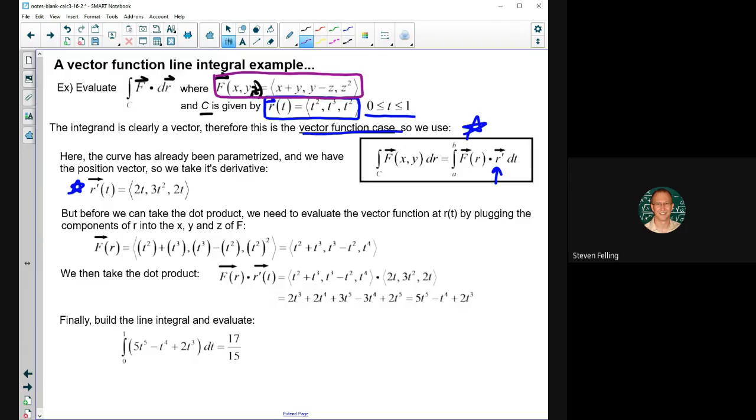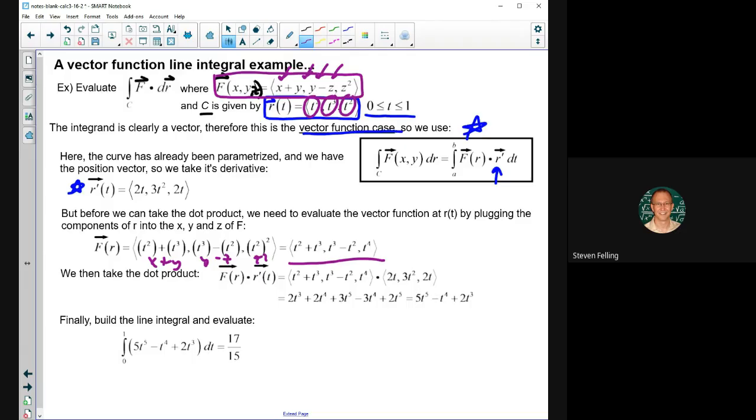So what I'm going to do is take all of these x's and replace them with t squared. So this x here, right? Any y, so this and this, is going to be replaced with the t cubed, and the z is going to be replaced with the t squared. So that's what I'm showing happening down here. This is x plus y, y minus z, and z squared here, right? So if you multiply that out and simplify, you end up getting this. It's the vector t squared plus t cubed for x, t cubed minus t squared for y,